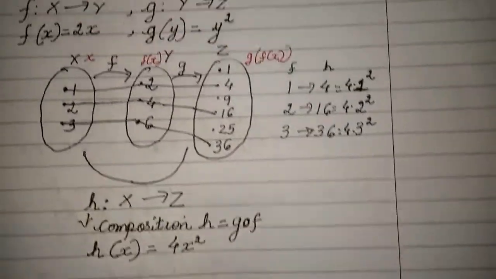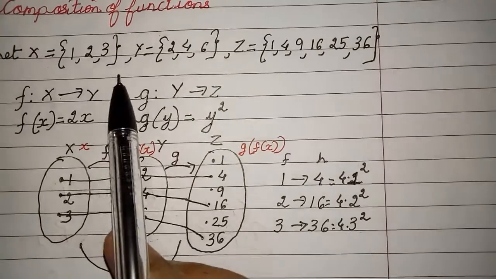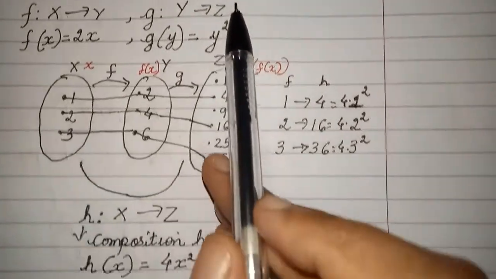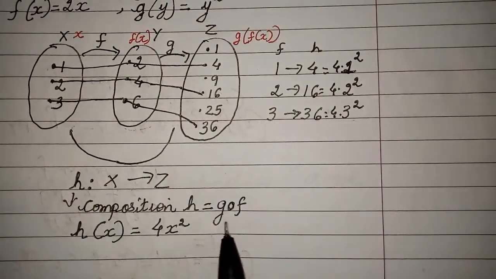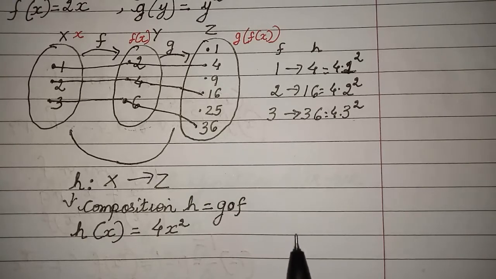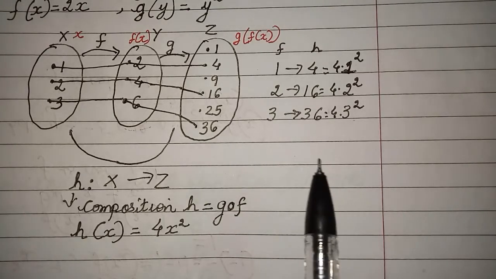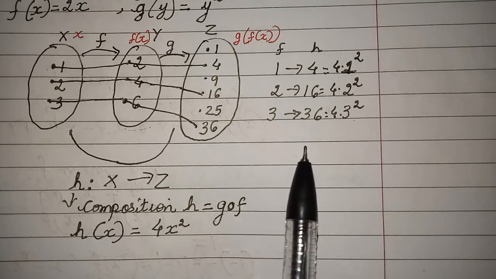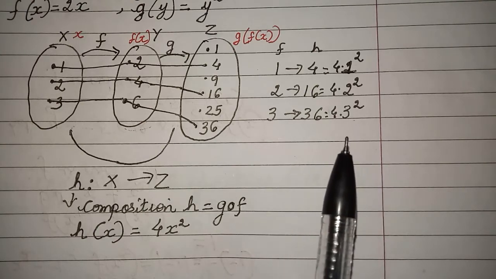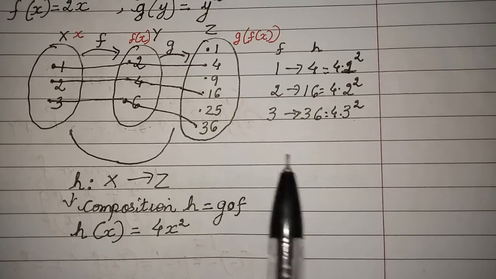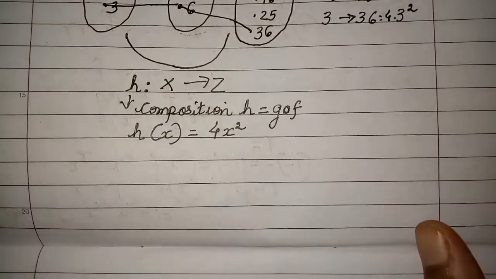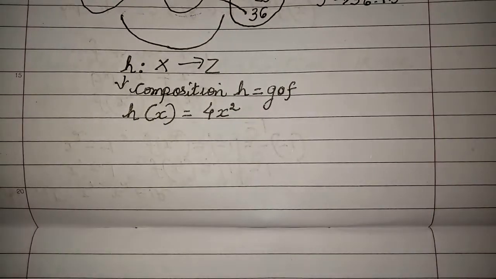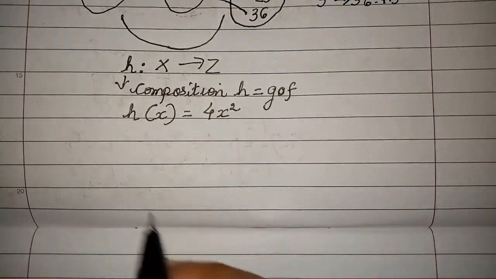You can also have f composite, not here. You can also have another function, say f composite g, where the same condition is happening. The first function's codomain is same as the second function's domain. So I can write f composite g also. Okay, so in general, if I write the definition of composition of f and g, children, how do I write it?